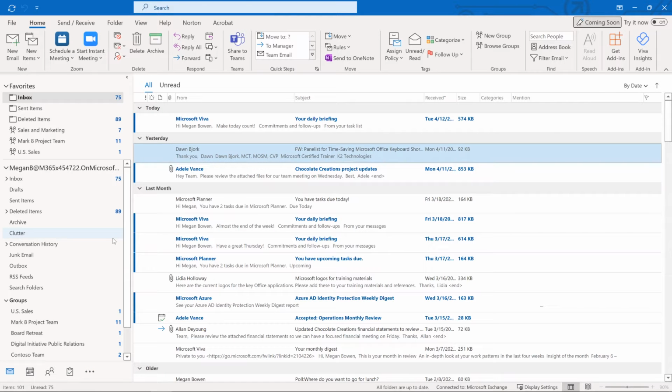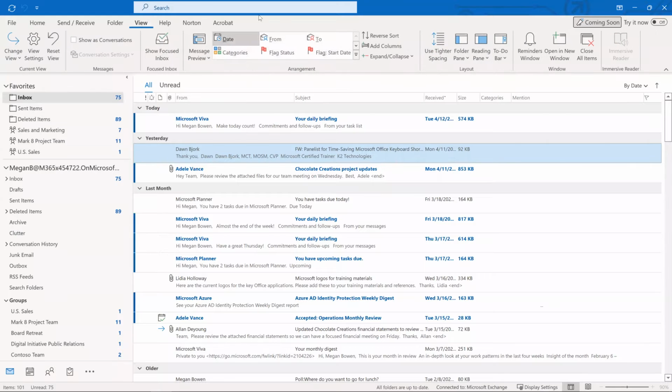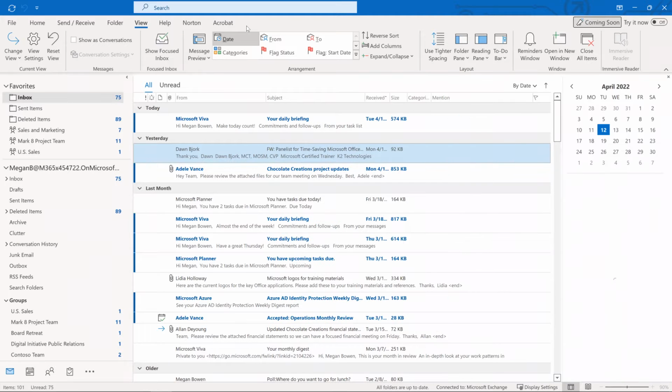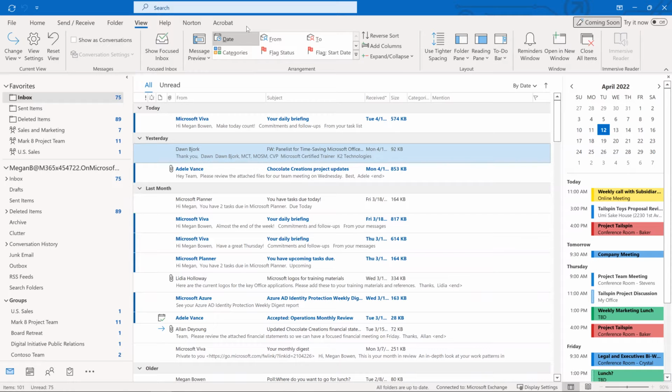Another handy shortcut is to display your to-do bar. Now you can find this under View and the to-do bar, but you don't have to even move to the ribbon for that. And that's the advantage here. So Alt and the F2 function key. So the to-do bar, which is something you may be familiar with,